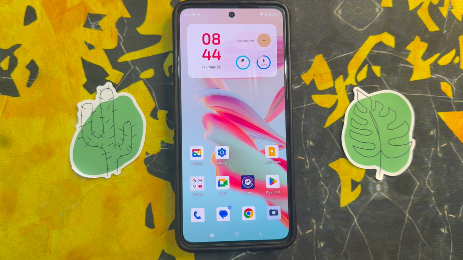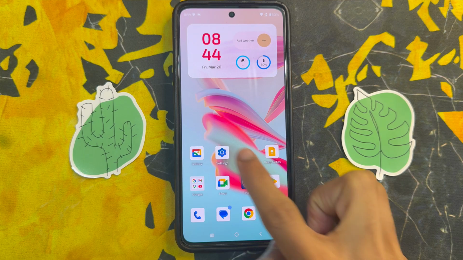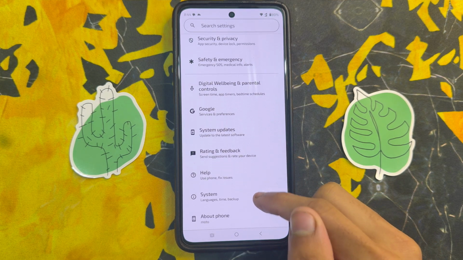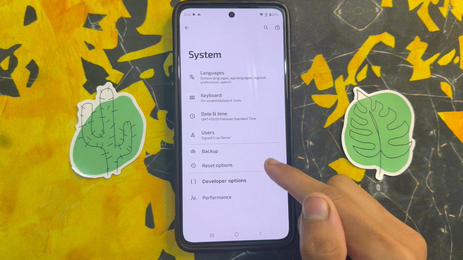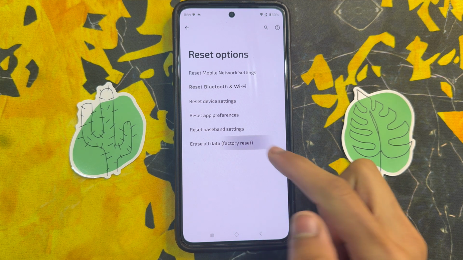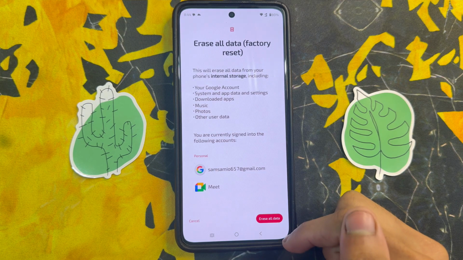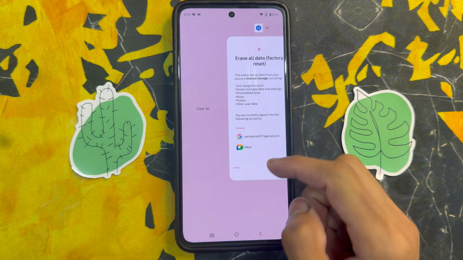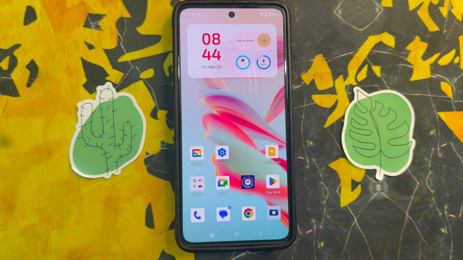But if that doesn't fix the problem, again click on the settings app, scroll down and click on system, click on the reset option and factory reset. After clicking on factory reset, click on erase all data. After clicking on erase all data, you will see your problem is solved. So that's how you can fix keep crashing on